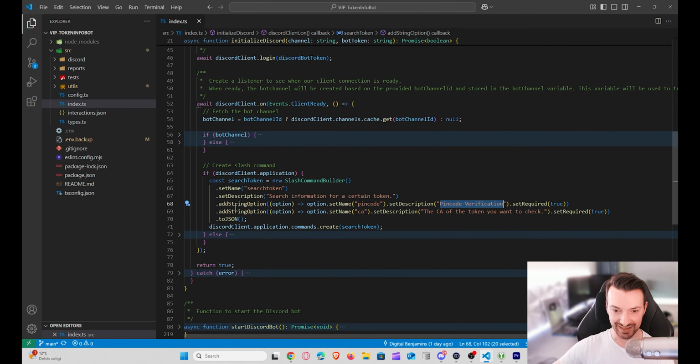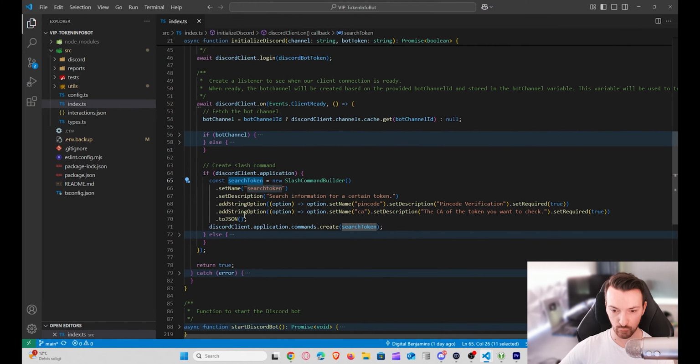So we just say add string option. And then we set it a name, pin code, and a description. And you can also set here if it is required or not, and the same for CA, if it is required or not. So then we just parse it to JSON,